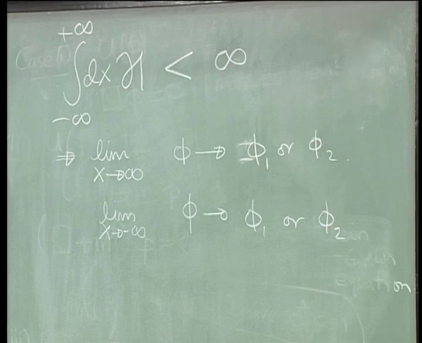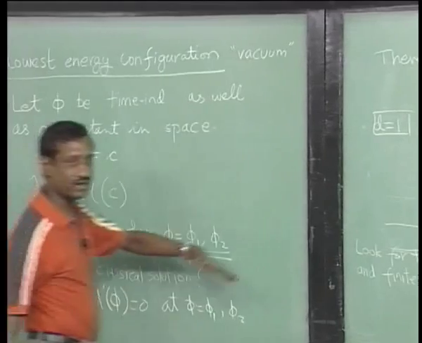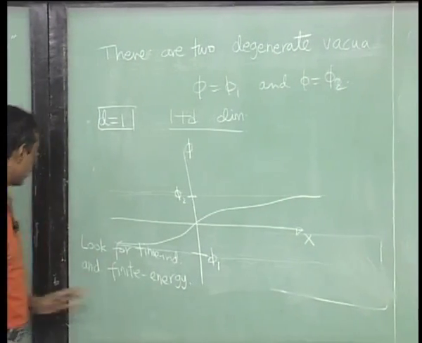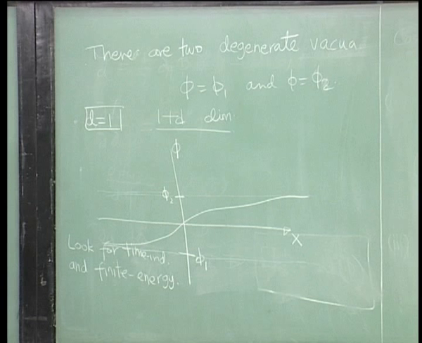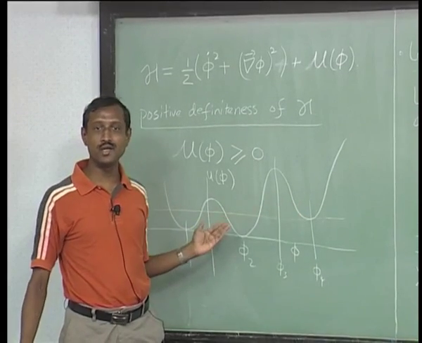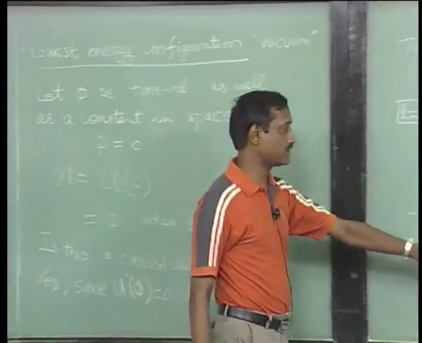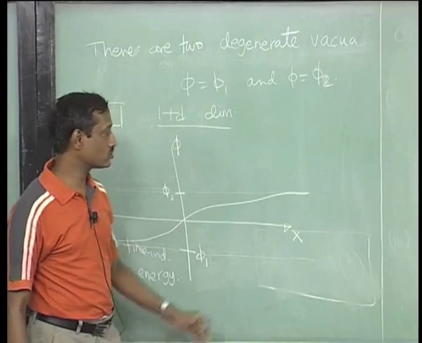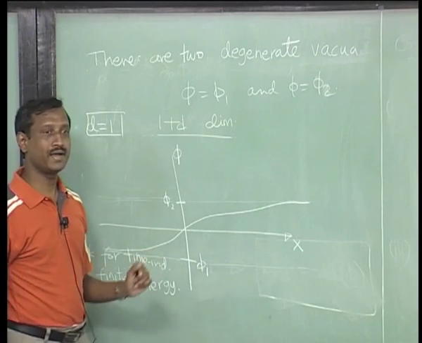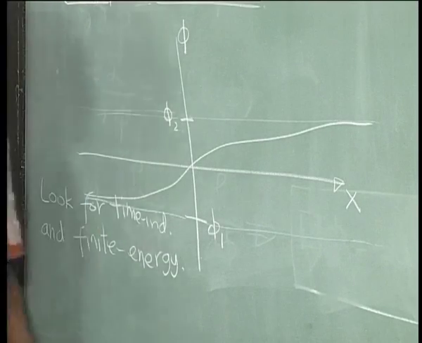So, we will have something like this, but now clearly the gradient will not be 0, unlike the vacuum case. It has to change somewhere, but the rate of change has to be such that it has a certain fall off behavior. The key point is, even though we may not be able to solve the equations, since this is obviously some horrible nonlinear equation, and in principle we cannot solve the Euler Lagrange equations, I claim that there has to be a solution with this asymptotics. So, this is a claim,